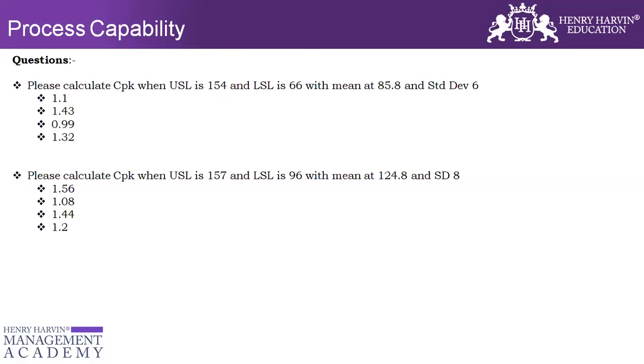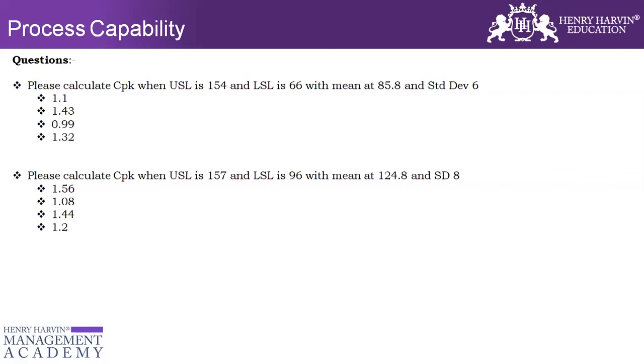I hear about PPK and PP numbers from some of the organizations, so I wanted to know whether it is the same or different. The usage and applicability of PP is very limited; it is required for big design projects, and that's why we do not cover it in the black belt program. It is used for big design projects wherein we also look at the long-term sigma value. For this, we only restrict ourselves to CP and CPK. This tells me a lot about my current process design and current process performance.